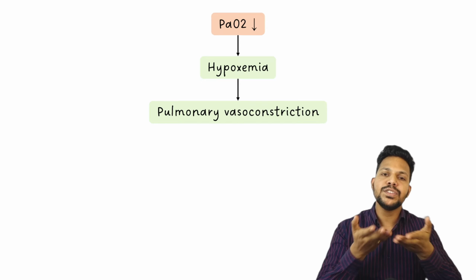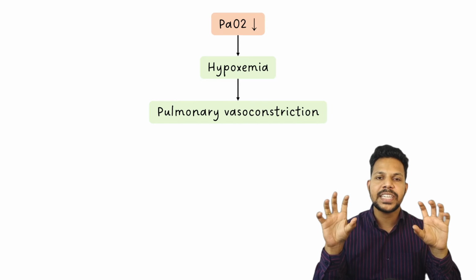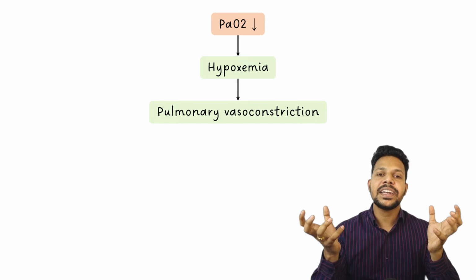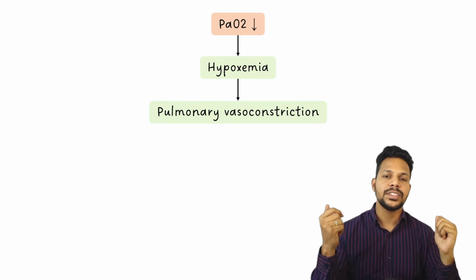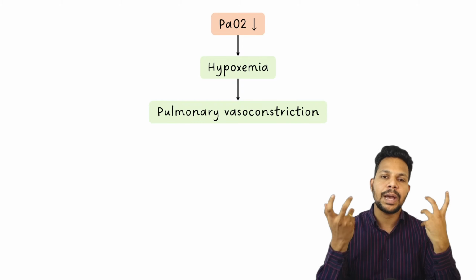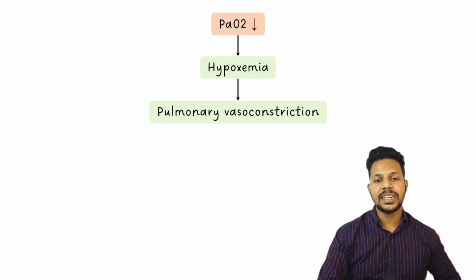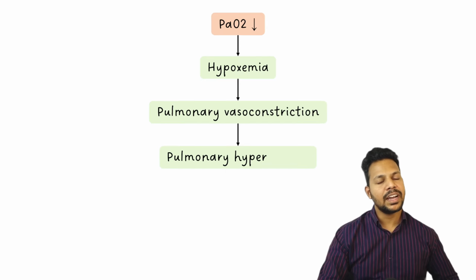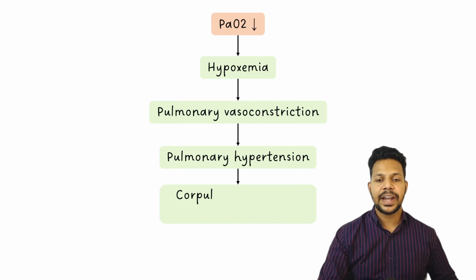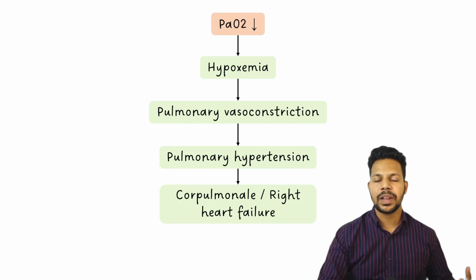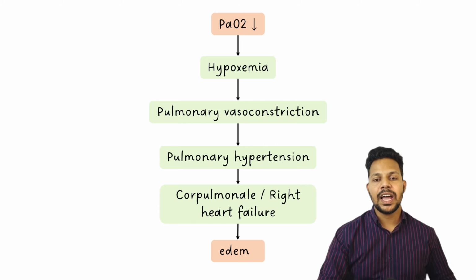There is diffuse damage to the alveoli. This is not a localized damage. This is bilateral and a diffuse damage to both the lungs. So all the alveoli are uniformly damaged and there is pulmonary vasoconstriction all throughout the lungs. That will result in pulmonary hypertension, and because of long-standing pulmonary hypertension, the patient will eventually land up in right heart failure, or it is called cor pulmonale now because this right heart failure is because of the lung damage, and the patient will have edema.